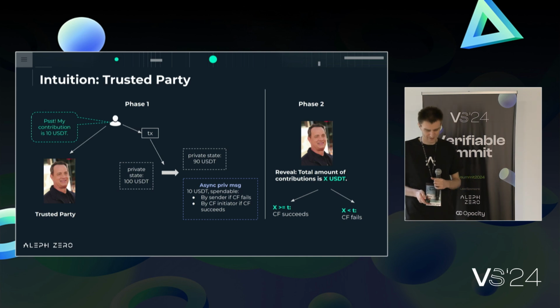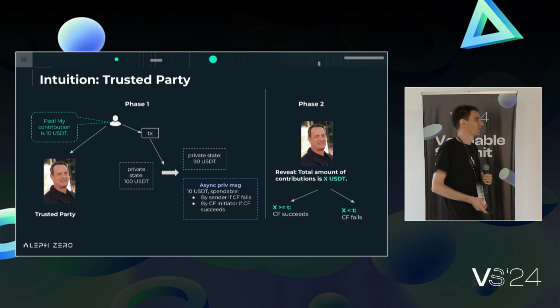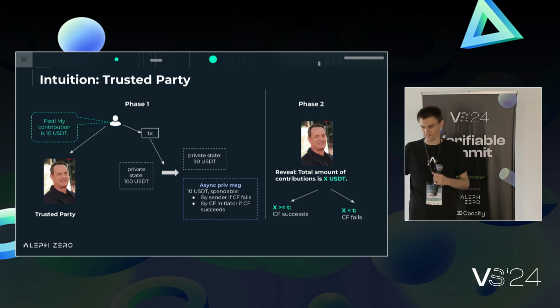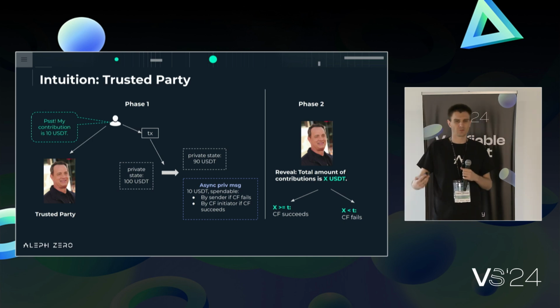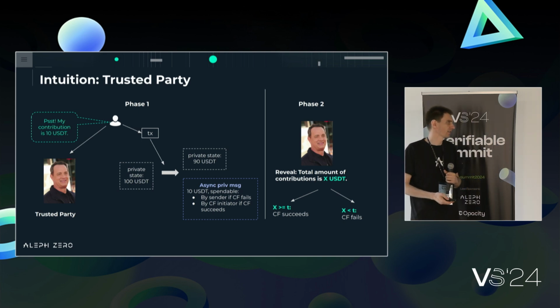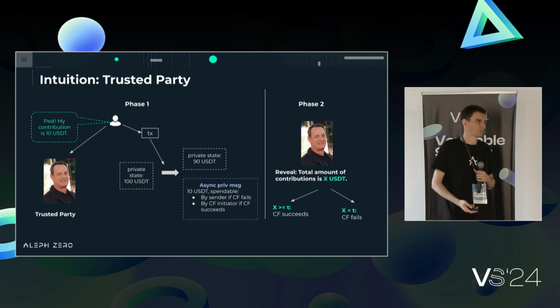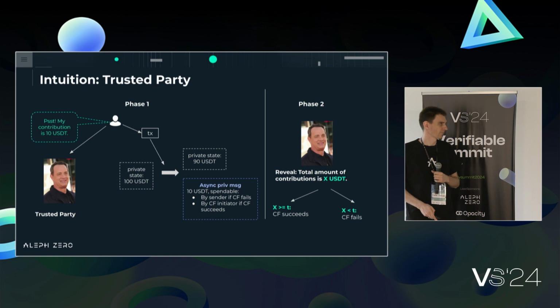So this might sound a little bit silly. Trusted party, well, we cannot do that in crypto, right? But it's only to demonstrate some idea of what we are trying to do. Of course, we will not use Tom Hanks. That would probably be too expensive and he would not agree. But we will use some primitives that emulate this trusted party, that try to achieve exactly the same thing, but by using either software, cryptography, or hardware. So this is the idea.